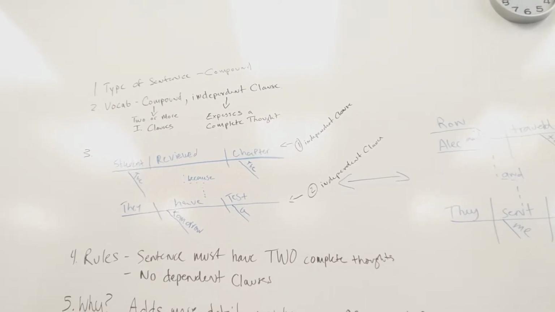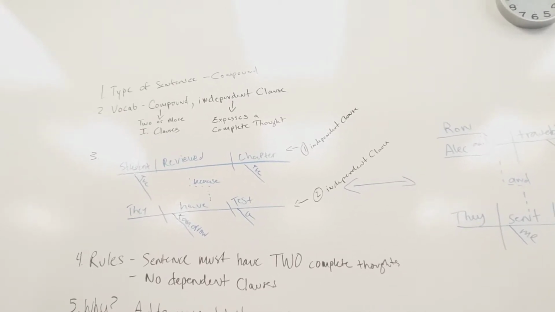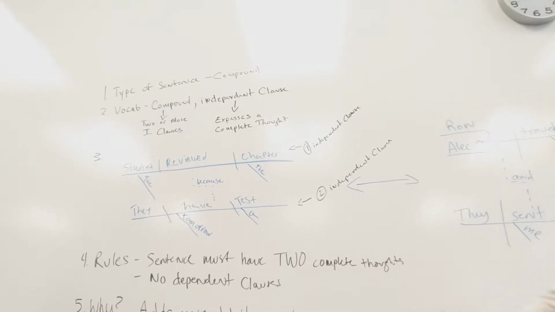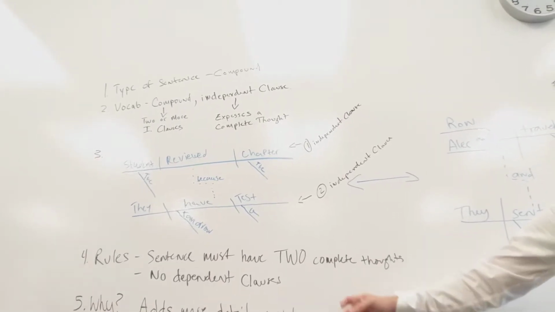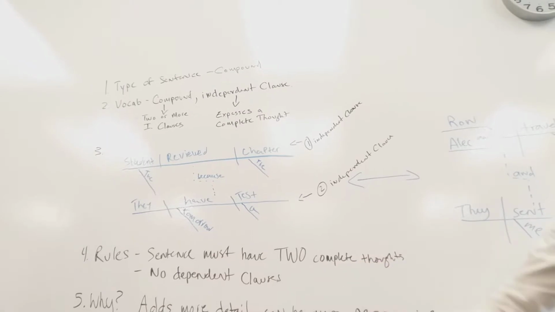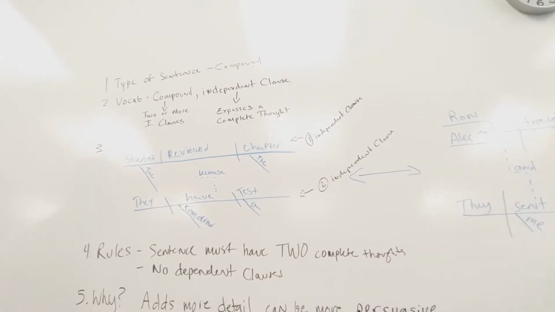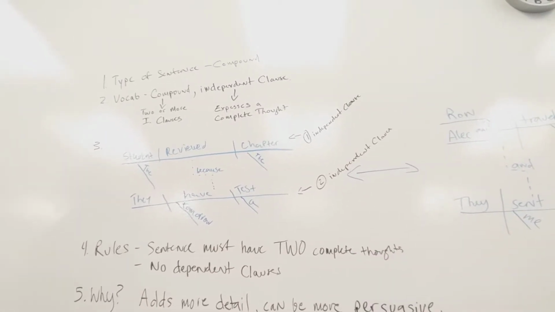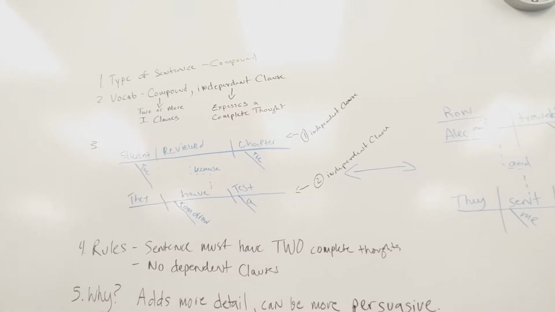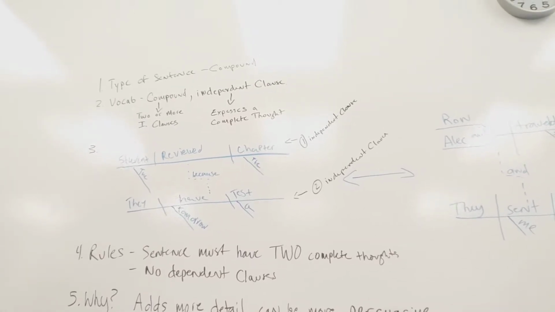It provides two things that could be sentences, divided for context. The reason we might do that is we can express more of a complete thought and be more specific, provide more detail. So that's the reason we might want to use those sometimes. What are your examples? So our other example is,